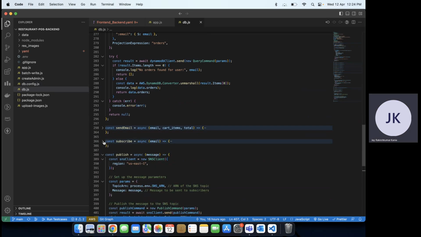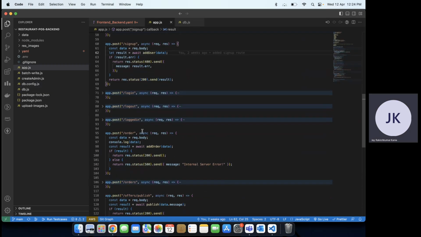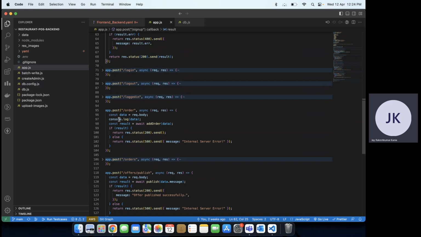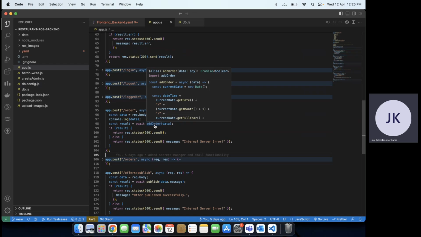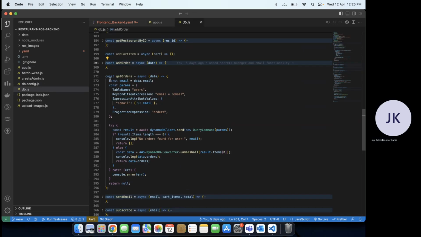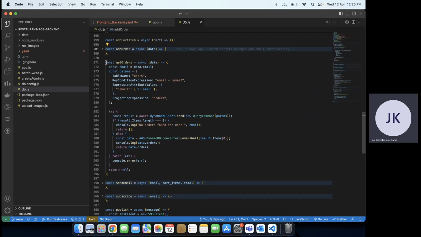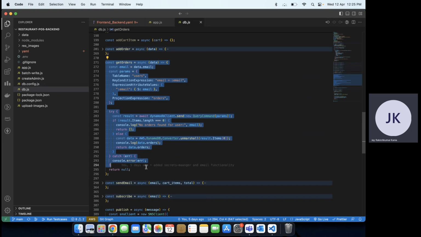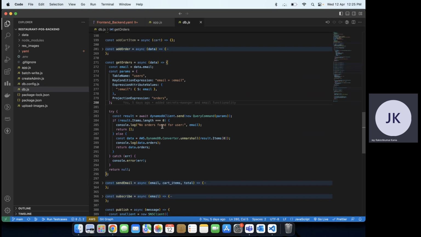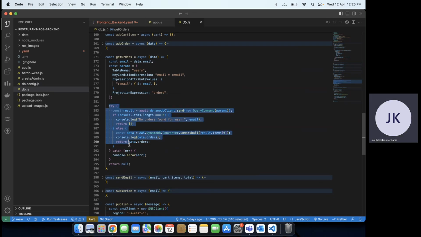Now coming to the part where the user places an order. So this is the route which will be triggered when the user places an order, and inside this route, we are calling the add order function. Inside this function, we are going to add all of the card details to the orders array inside a users table. And when it's successful,